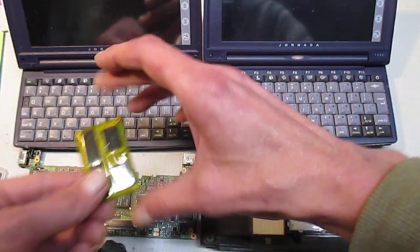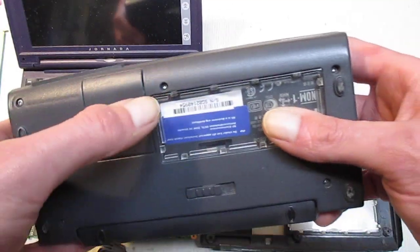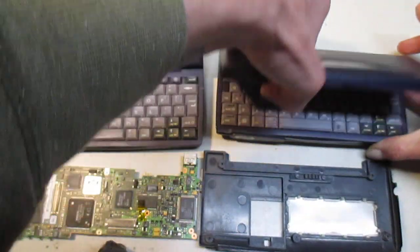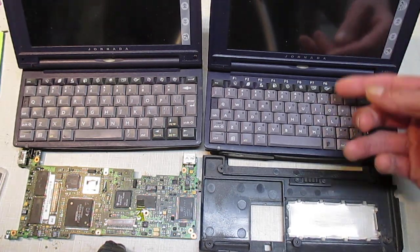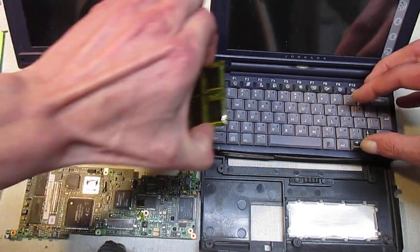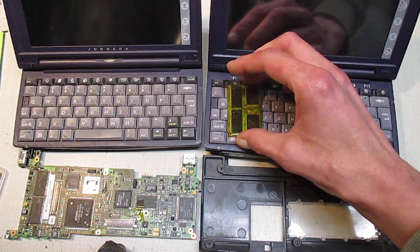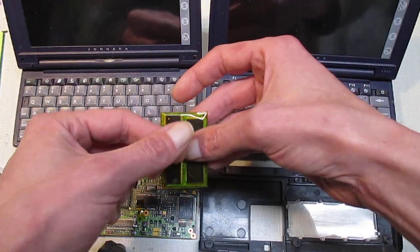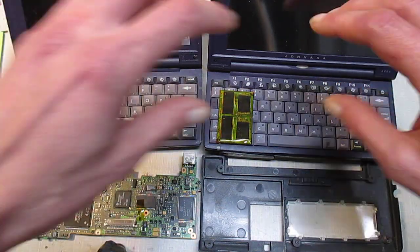So what you do, I said in the other video, is you take these three screws out. You don't have to take the whole thing apart. After you've done that, you can pop up the keyboard, and be careful, there's a ribbon cable there. But you pop up the keyboard, and right about here underneath the keyboard is where this ROM chip goes. So you remove the old one, which, as I said, doesn't have the 16 megabytes of RAM on it. These two spots are blank, and you take the old one out, put the new one in,